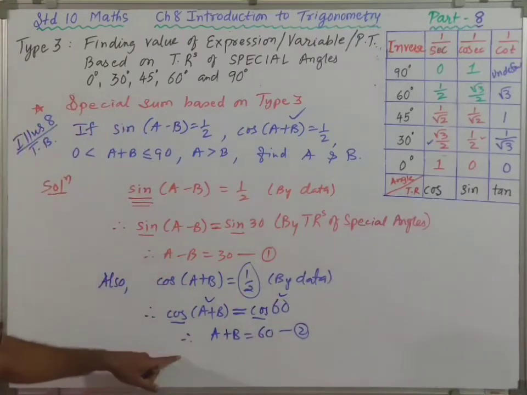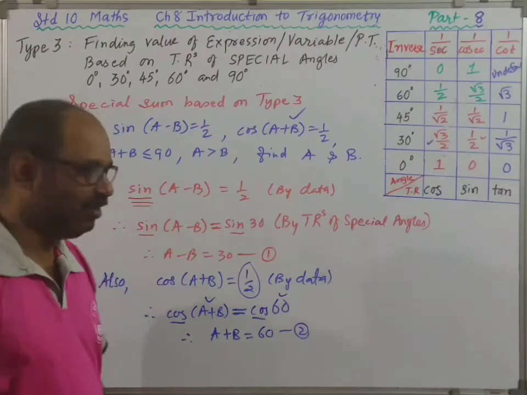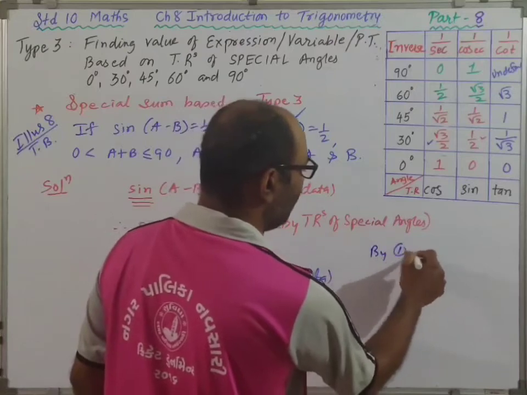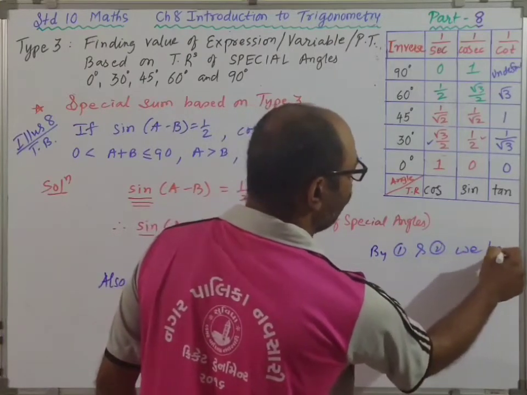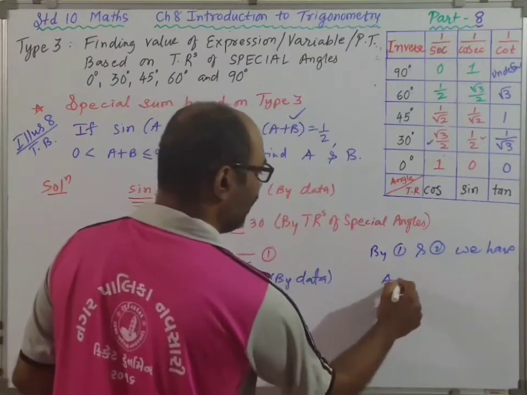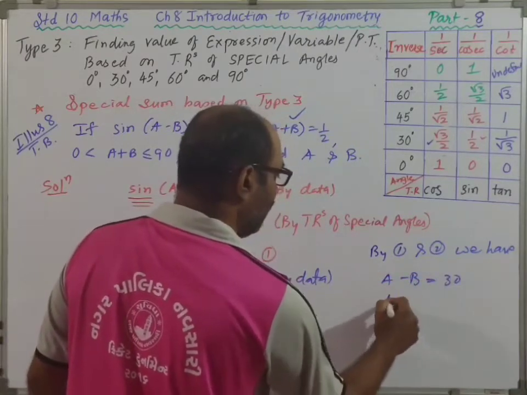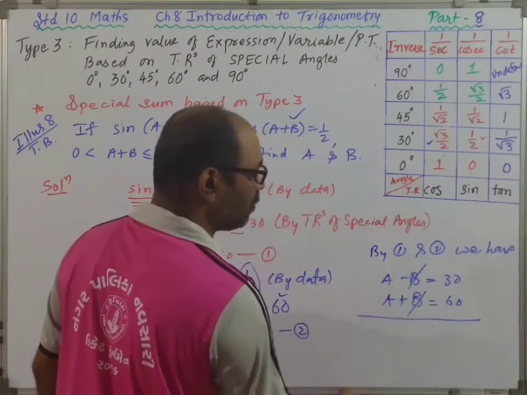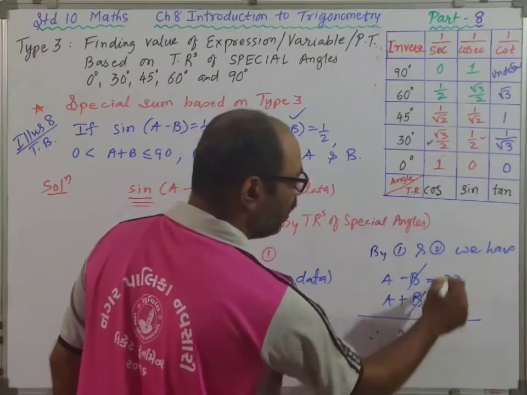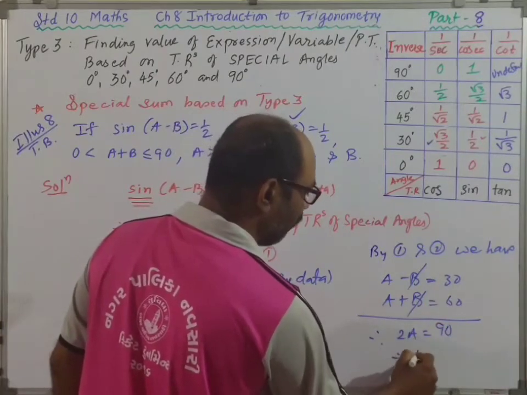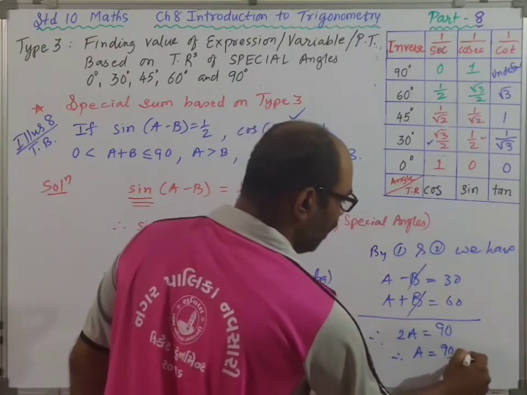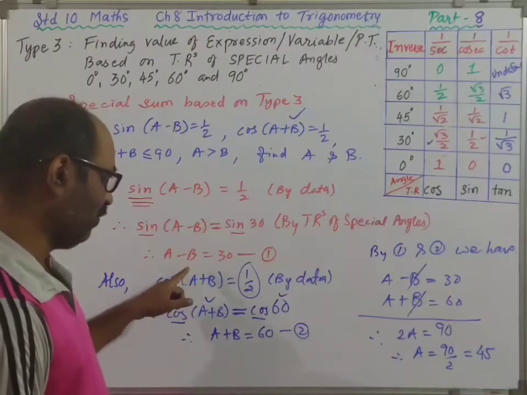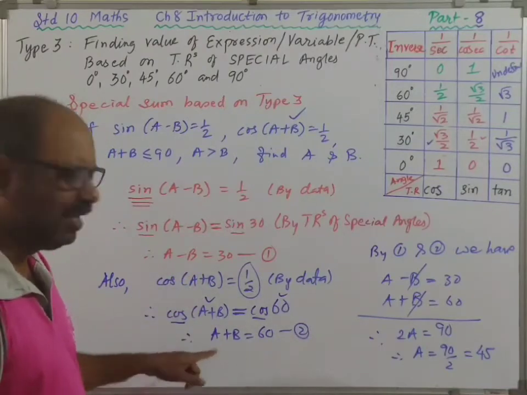So you solve that. अपने linear equation in two variables. You have solved this. So by 1 and 2, you may write A minus B is equal to 30. A plus B is equal to 60. Go for elimination method. Minus B plus B is gone. A plus A is 2A. 30 plus 60 is 90. Therefore, A is equal to 90 divided by 2, and that is equal to 45. So you got A. So substituting value of A into इसमें ले लेते हैं.